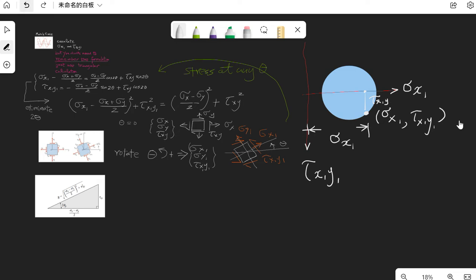Maybe we write down clearly, the tau x1 y1 here. So we will have two distances: from here is sigma x1, and this is the tau x1 y1. And when we go back to this formulation,